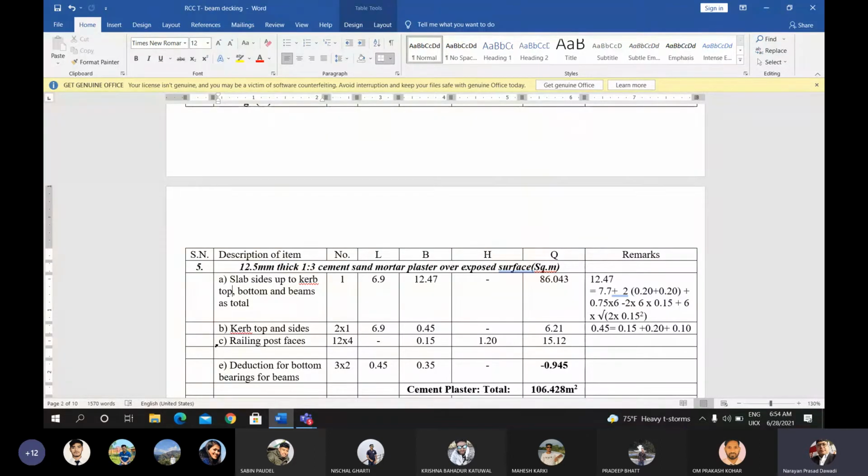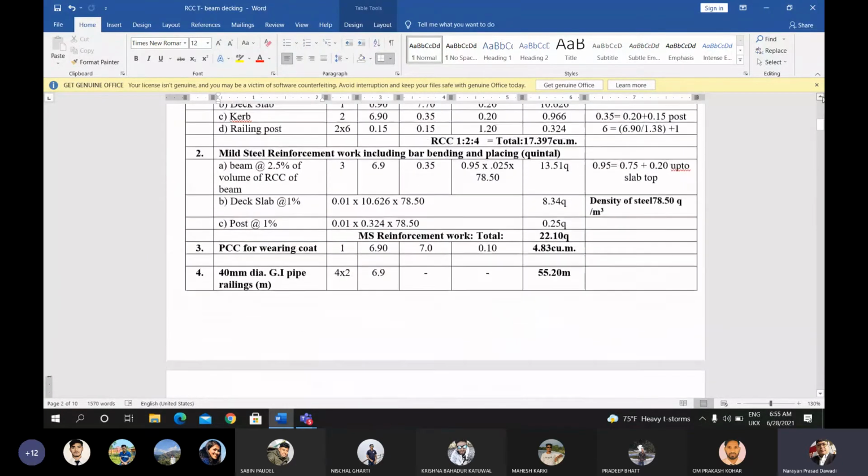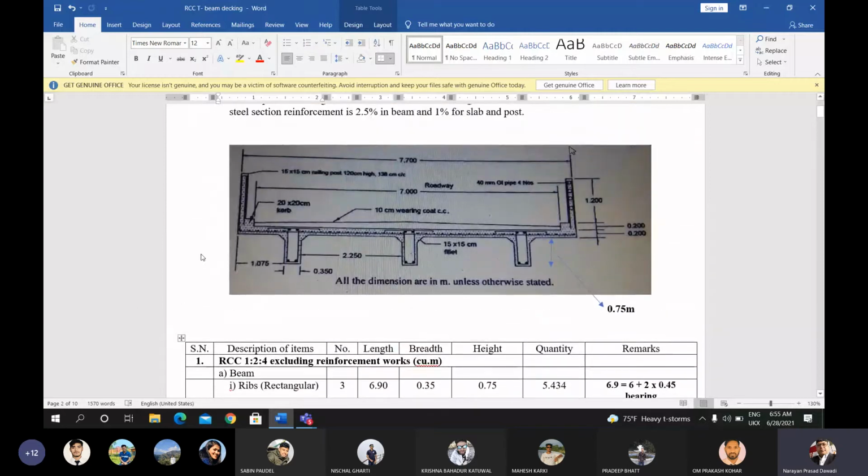This is ready. Now I have done the plastering from this top surface of the car up to this level, sides up to the top level, and this is 40, this is 40, and this is 40. 2 times 40, that is 0.8. Okay,